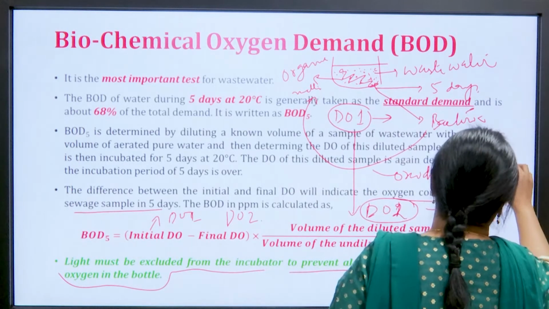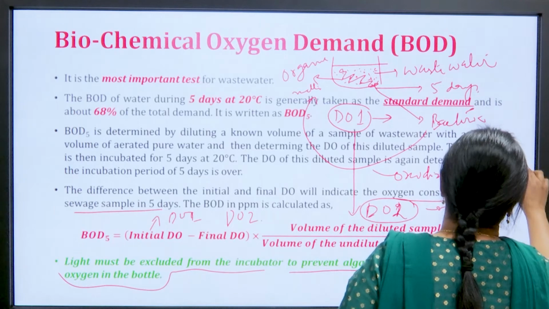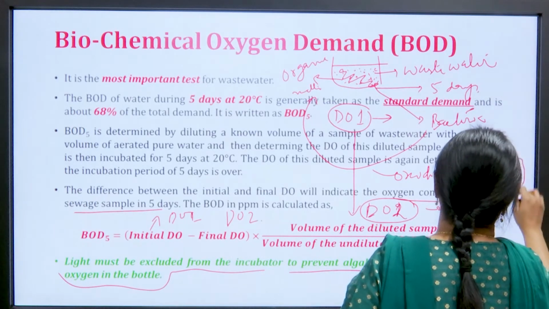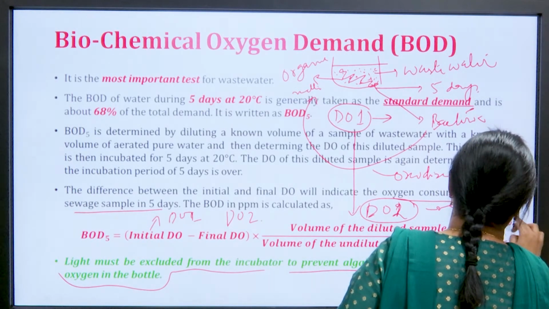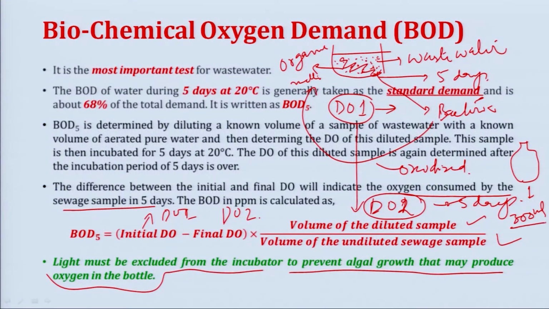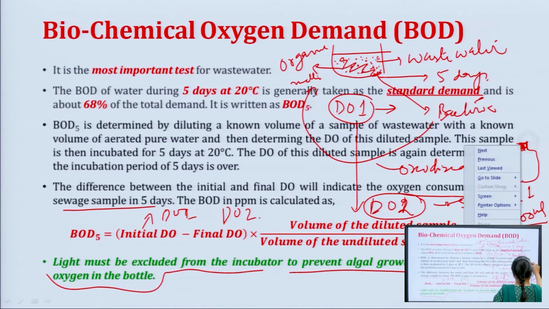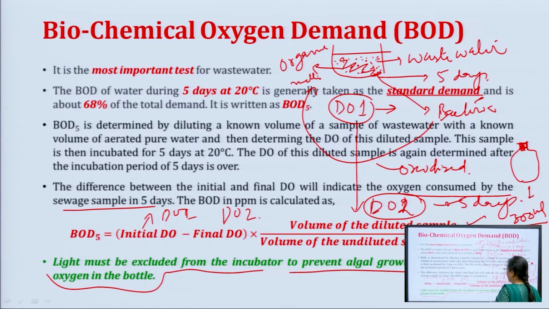So for example, BOD bottles are of 300 ml, जो जनरली मार्केट में मिलते हैं, the standard is 300 ml का BOD बॉटल. That has to be stoppered. The wastewater has to be filled till the brim, stoppered, and it has to be kept in an incubator and it has to be dark, उसमें light नहीं होना चाहिए,